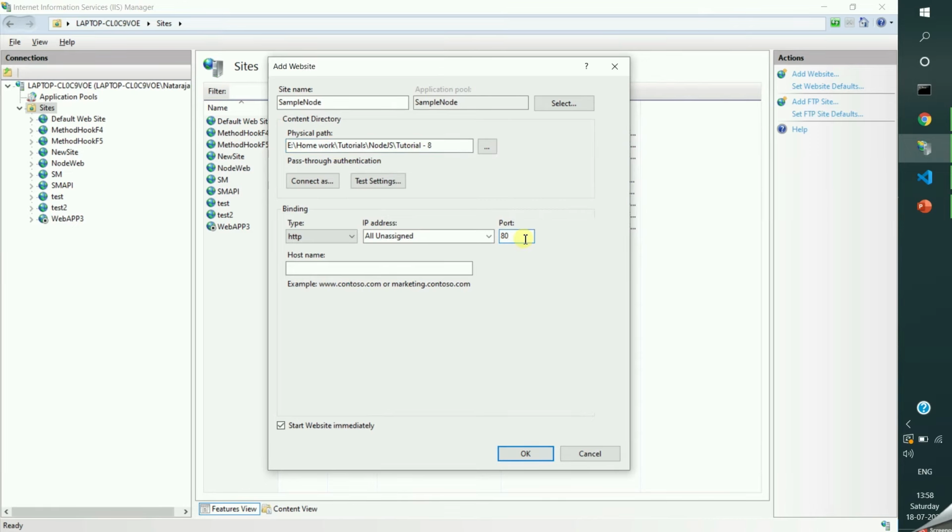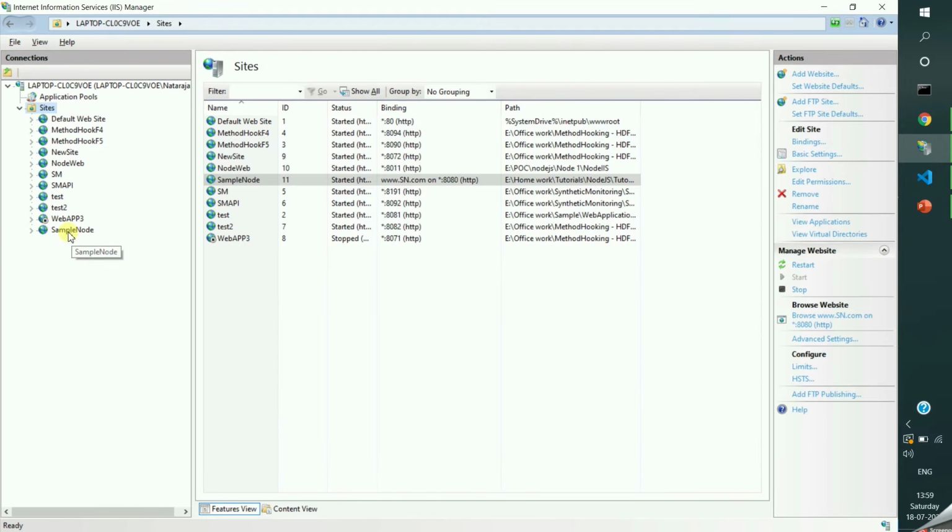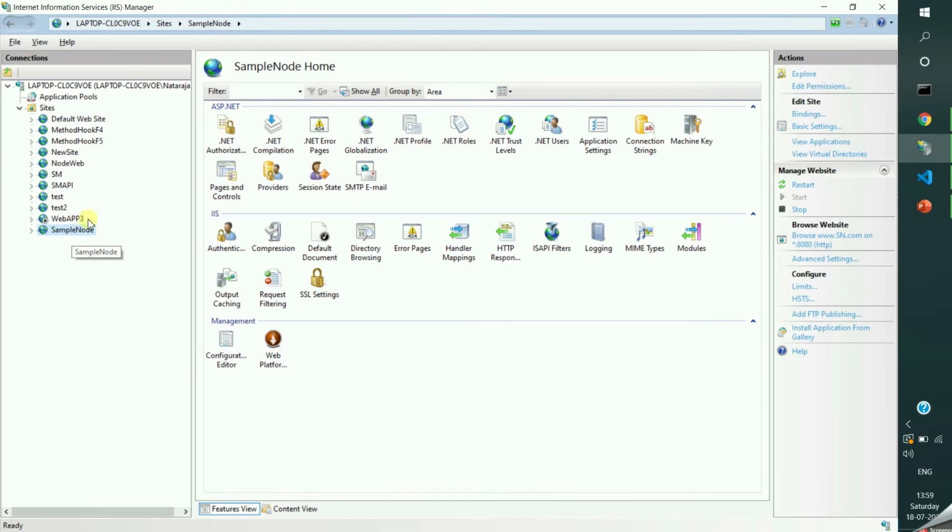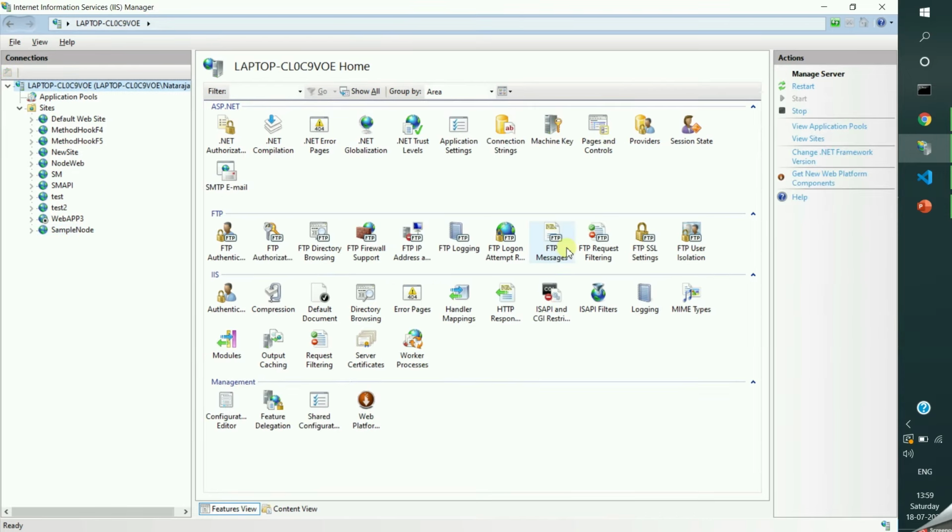Here we have to specify the port. Whatever port you need, you can specify it. I am giving 8080. Here I am giving www dot some sn.com. Okay, I am clicking OK. Now it got created.